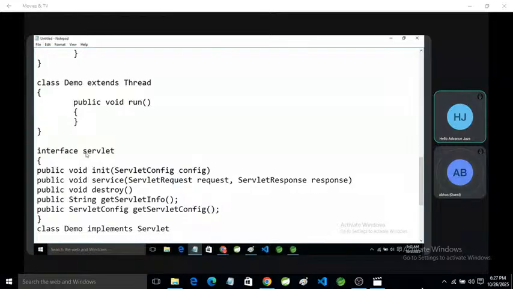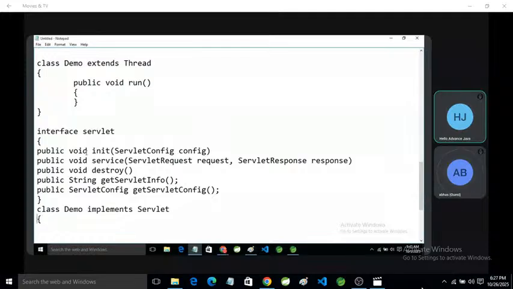The first method is the init method. It has a single parameter, ServletConfig, which is also an interface, and it is used for initialization of the servlet. The second is the service method, which has two parameters: ServletRequest and ServletResponse. We write most of our code within the service method, because it receives the request from the client side, and after processing it sends the response to the client side.